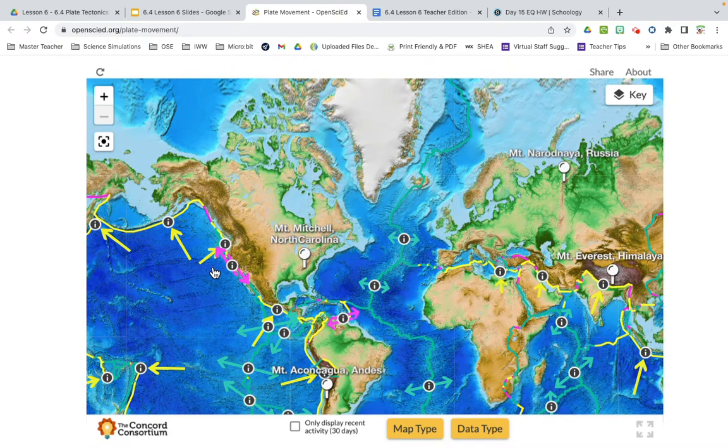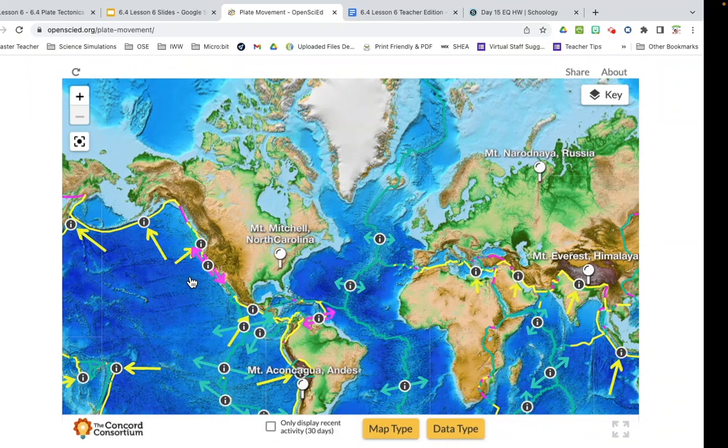So we had to show 2 different types of plates. So we have oceanic plates, we have continental plates. And that's how we're going to refer to those. Things that have continents are continental plates, or at least that part of it. And then also we have oceanic crust over here. So we're looking at those 2 types. So going back to our model,